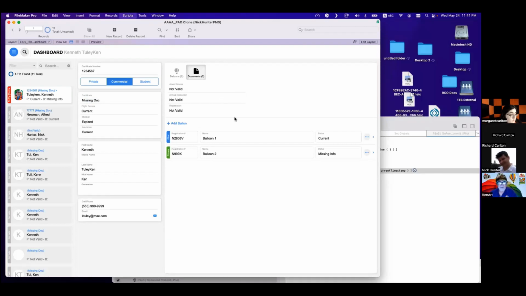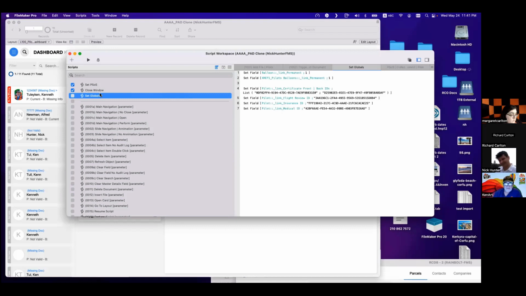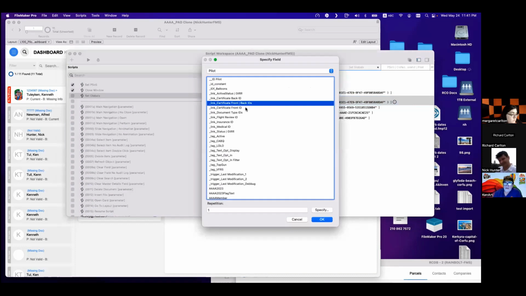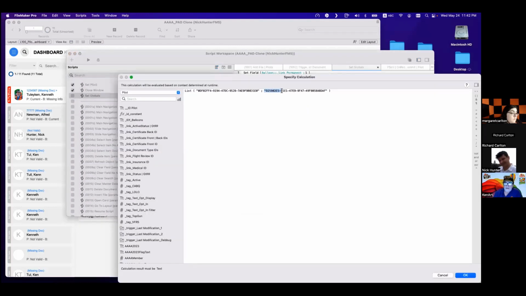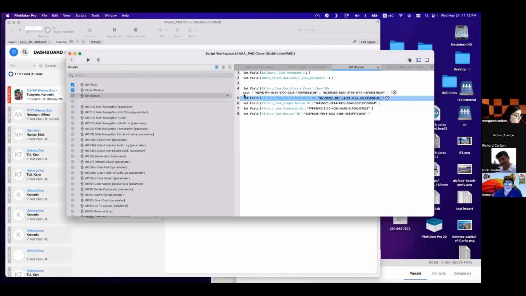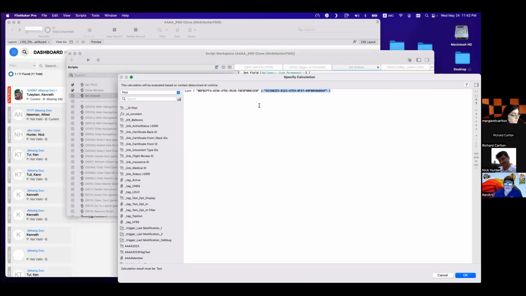Now on my set global, I need to take care of it, because here I'm setting this with 2. Now I have to set the back with this, and the front with this. I'm going to check if the IDs are correct.